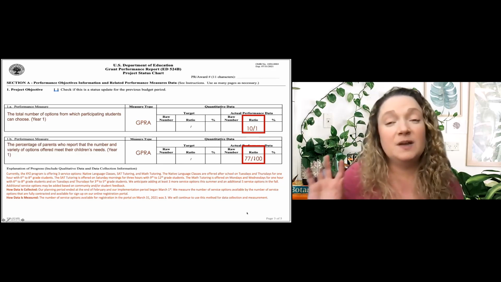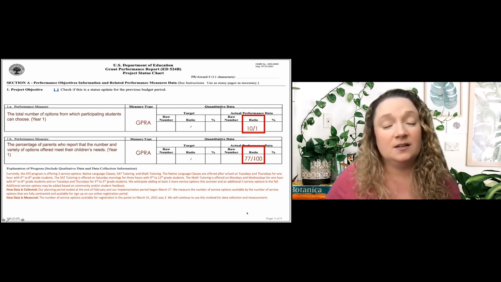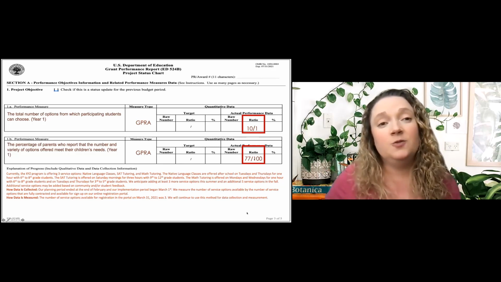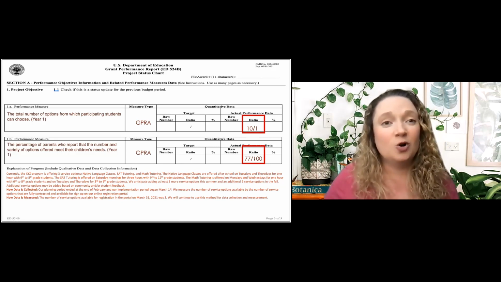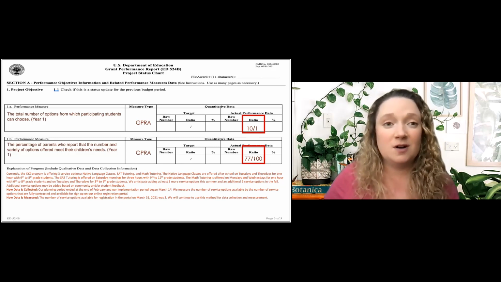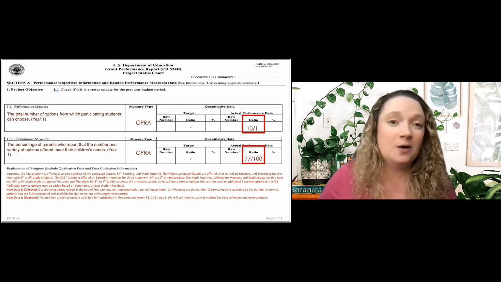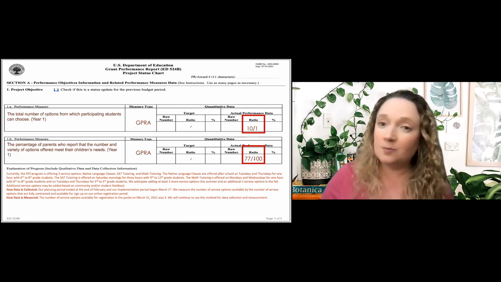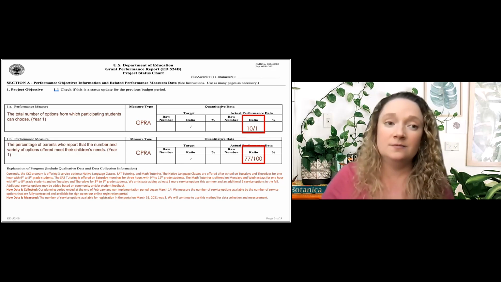So this basically forces all of us to go back to those last few years of elementary and our fraction work. And any number over 1 is that number. So that's why you put it that way in the ratio. So however many options you're offering over the number 1. And it's going to be that way for any of those GPRA measures that really are just reporting a whole number. You just put that over a 1.